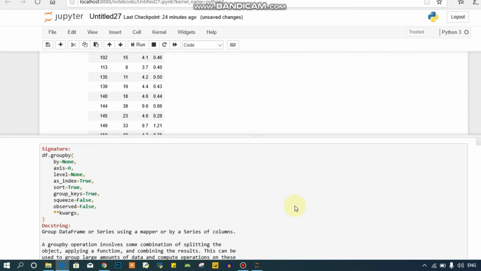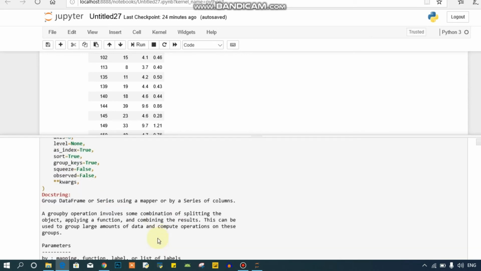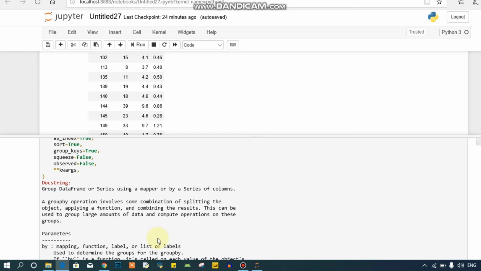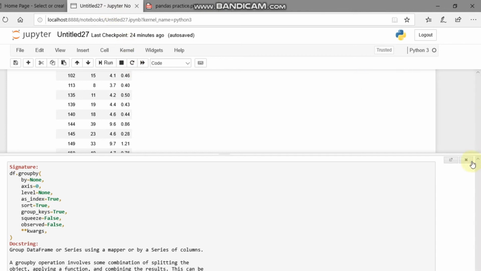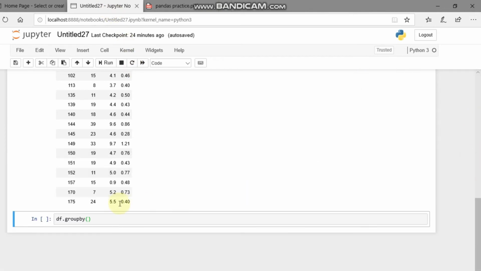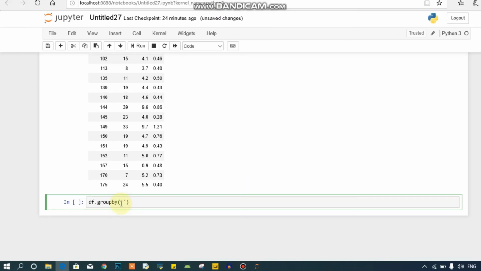So here, by, axis, level, these are all the options which you can try and practice to learn. Here I am just going to pass the column by which I'm going to group. So let's say I want to group it by the cost.